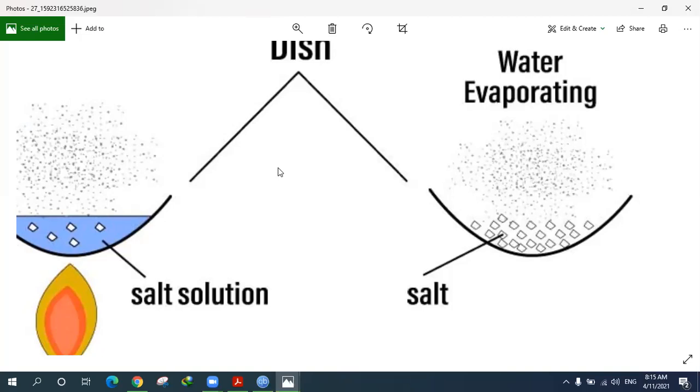Let me remind you of something. When you go swimming in the Red Sea, and you're wearing your clothes, and you did not wash them after that, what do you see? Sometimes you can see a white color, like dots, on your clothes. Sometimes when we don't wash our clothes well, we can see some white lines in the clothes.